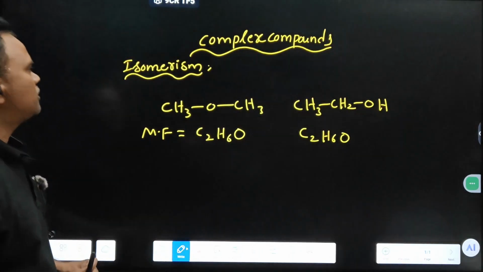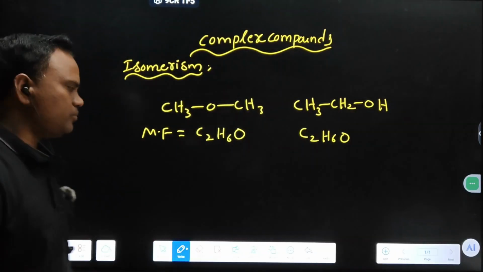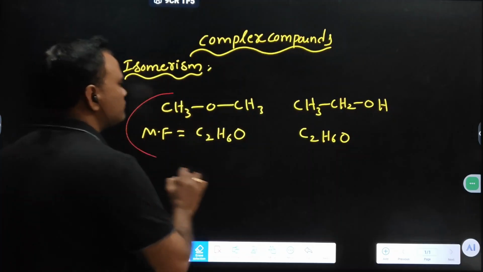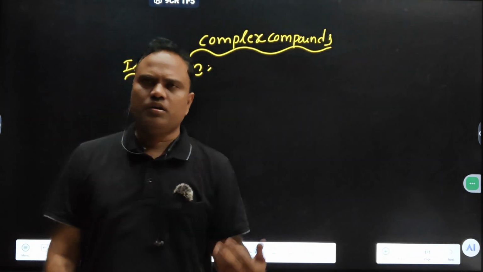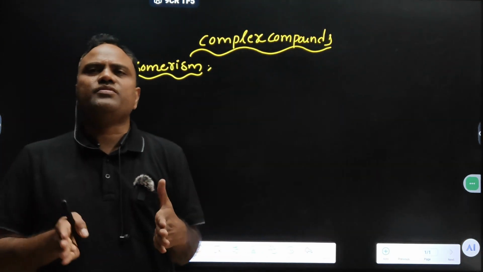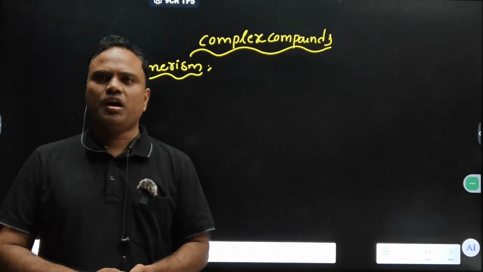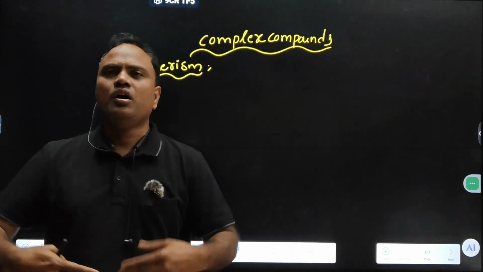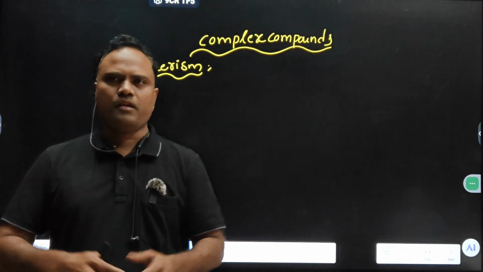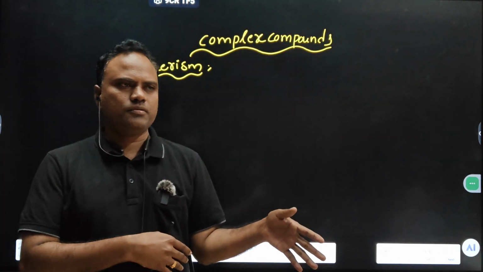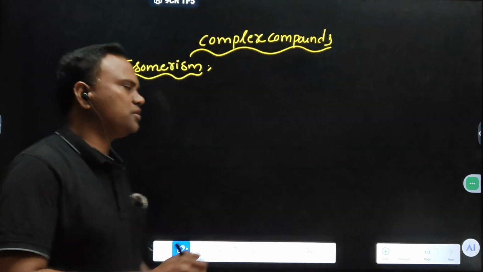Okay. Coming to isomerism in complex compounds. Here also the definition is the same. In complex compounds also, complexes with the same molecular formula with different structures, or different optical rotations. The concept is the same. If I give 2 complexes, when we call the 2 complexes isomers, they should have the same formula. For example, look at this,